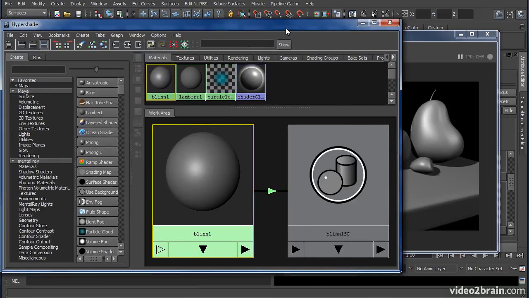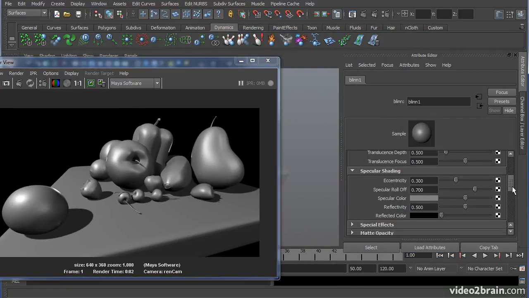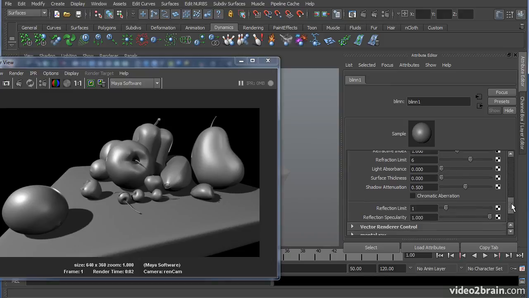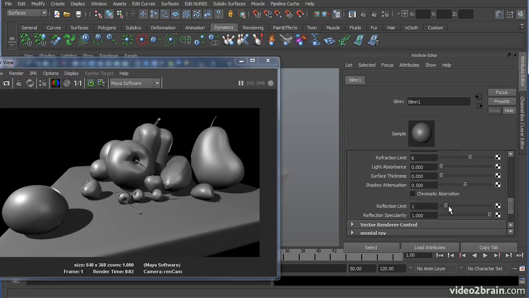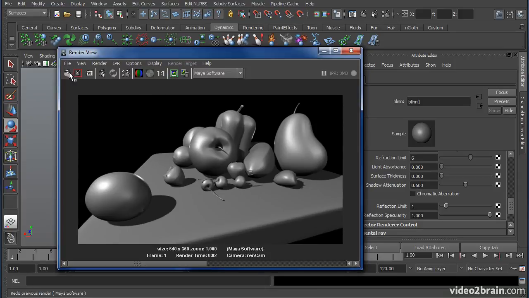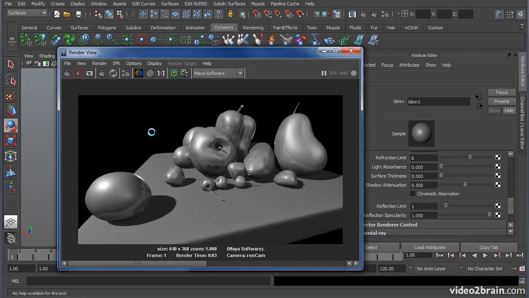If you open up the attribute editor for the shader, you'll see under Ray Trace Options, limits for the refraction and limits for the reflection. It's set to 1, which will allow you to see one reflection. I'm going to go ahead and save this in the buffer. With ray tracing turned on, I'm going to render this scene. Should take just a little bit longer, but you'll see immediately reflections,